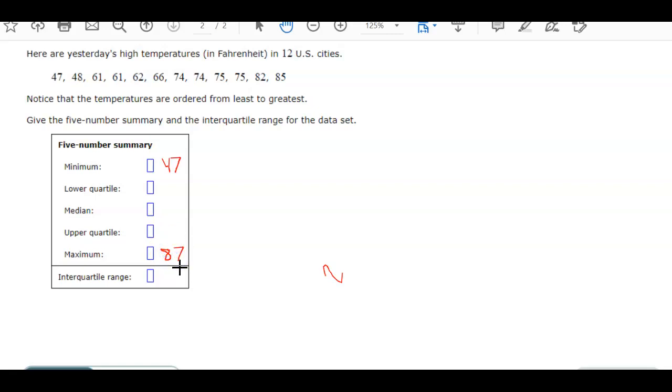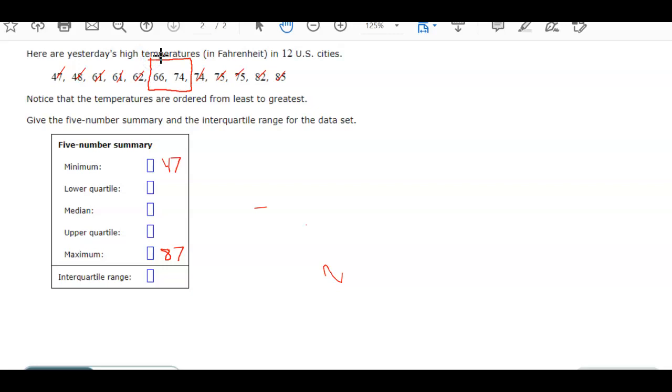Now the median, let's go ahead and find the median, okay? So the median, I'm going to cross off maybe 3 on this side, and 3 on this side. Let's go ahead and cross off 2 over here, and 2 over here. So now I can see that I've only got 2 numbers left, and those 2 numbers